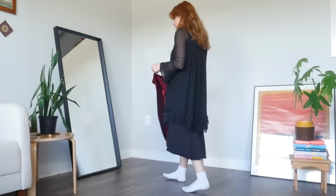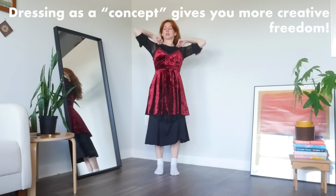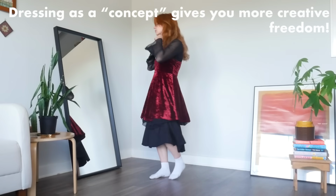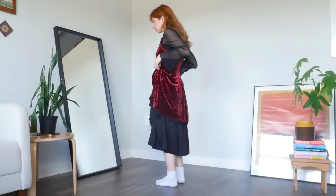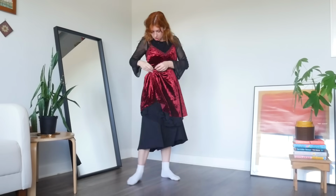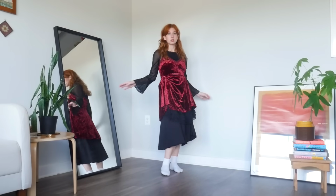That's another great way to use the clothes you have for a costume: choosing a costume that is more of a concept that can look lots of different ways rather than an exact recreation of one specific look. I tried to do that with every outfit in this video, but I just want to highlight it here because it allows for so much more creativity, a way more unique costume, and makes it easier to use what you